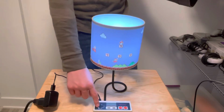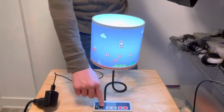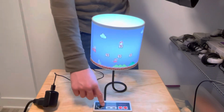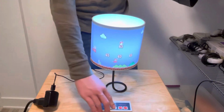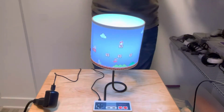Left and right don't do anything, as far as I know. I've tried. I don't even think these really have buttons. I think it's more or less just pressing both the up and the down at the same time. And then start and select don't do anything, which is very odd considering,